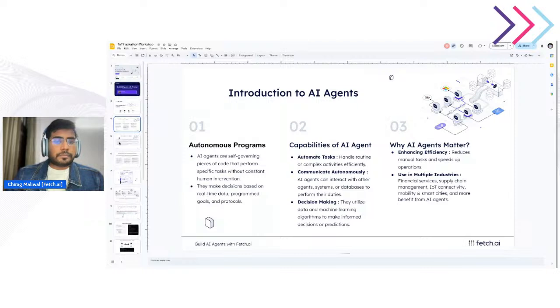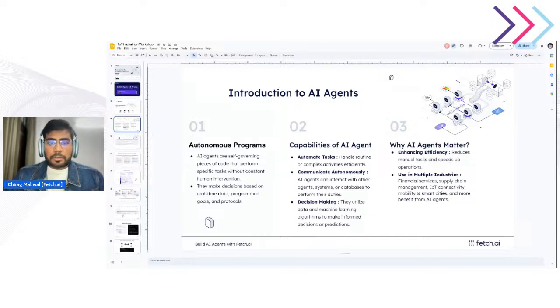So what is a Fetch agent? A Fetch agent is a kind of AI agent built using the Fetch.ai ecosystem tools and tech, especially the uAgent framework. It is designed to work in a decentralized system, meaning it can function without any centralized authority controlling it.